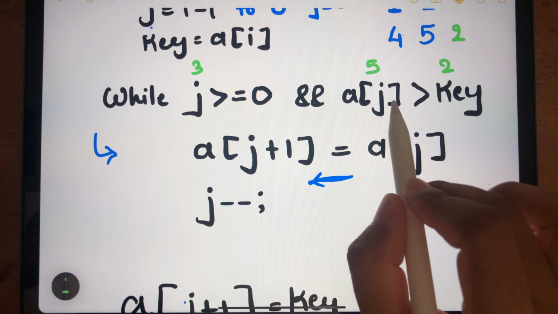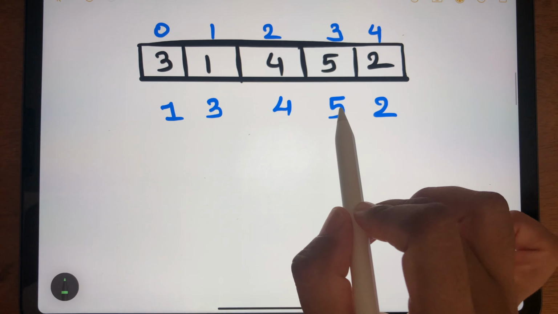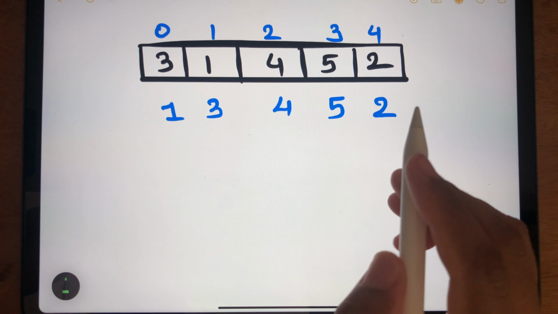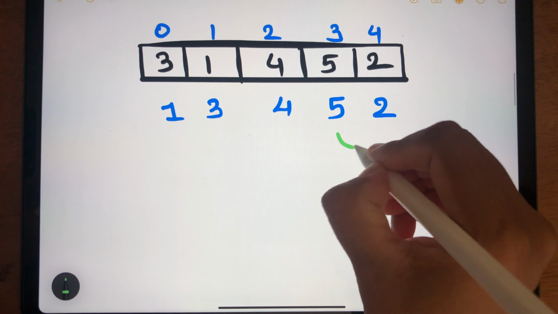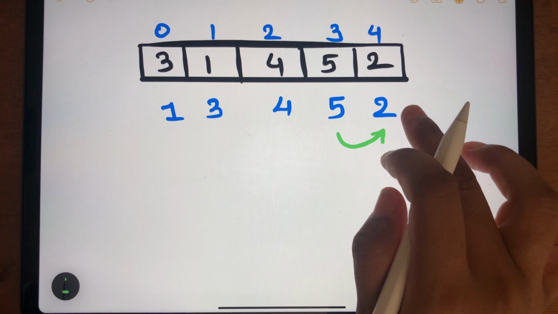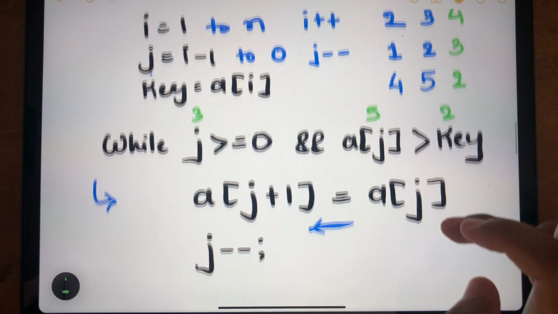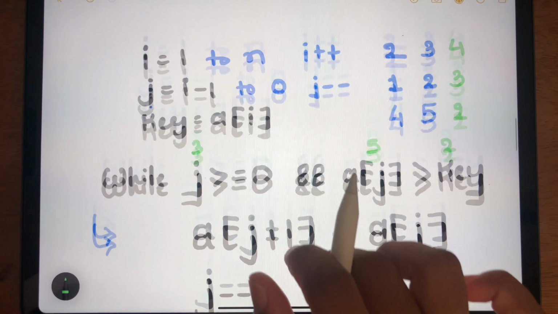Now our a of j is what? 5. Our a of j is 5. So basically we are now assigning this value here to the next index. So here we are assigning the value of 5 at the next position. After that the value of j is decreased.